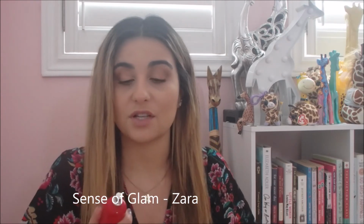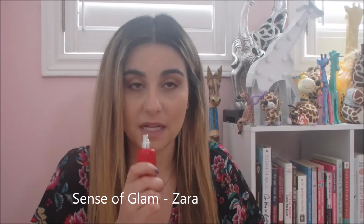And then finally, probably one of my favorites, if not the favorite of the whole bunch, is also from that Zara collection, Sense of Glam. I didn't think I would like this as much as I did when I first smelt it. I have 3 or 4 backups of just this one because I'm obsessed with this fragrance. It is the most beautiful powdery lipstick fragrance of all time. It's better than Lipstick On by Maison Margiela. It's better than Candy Kiss by Prada. It is the best